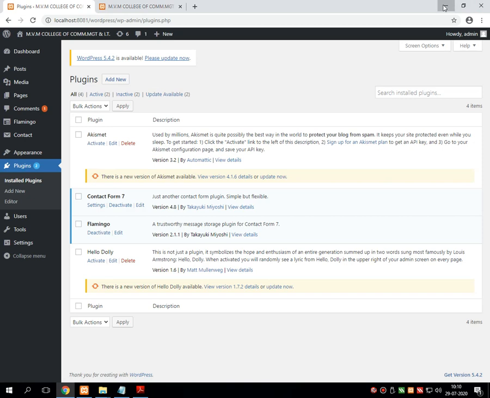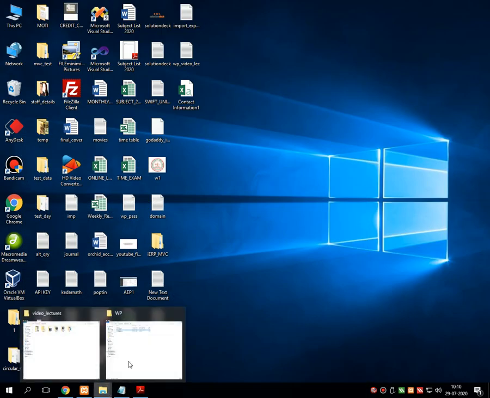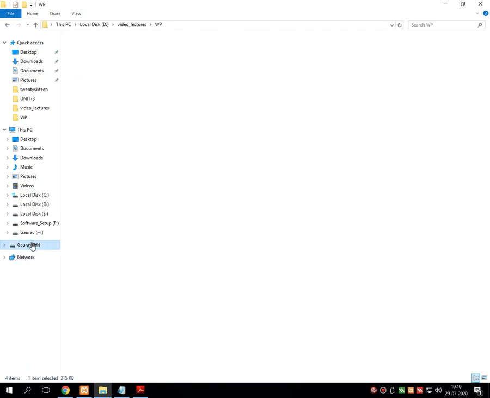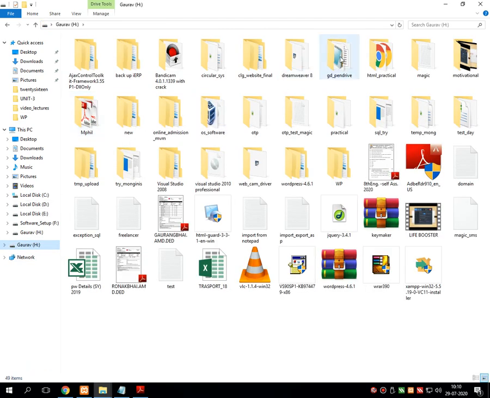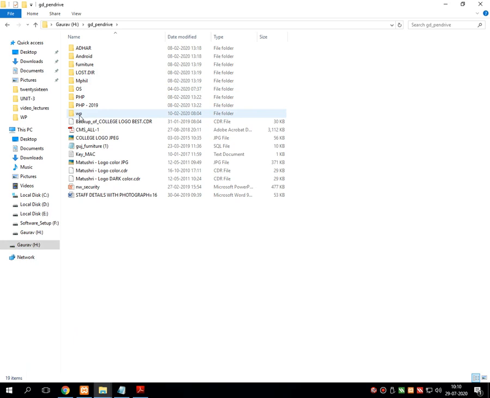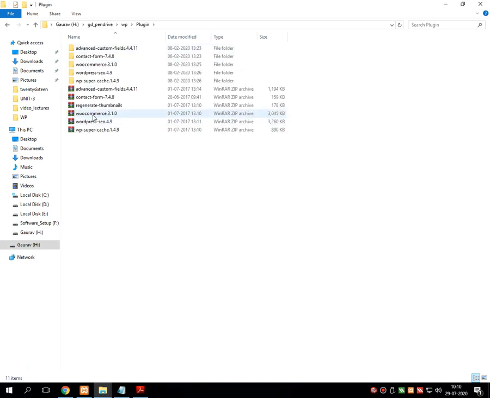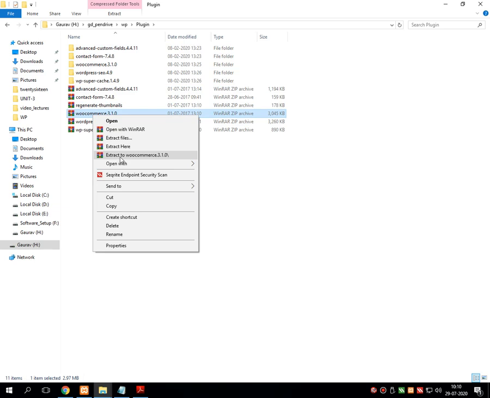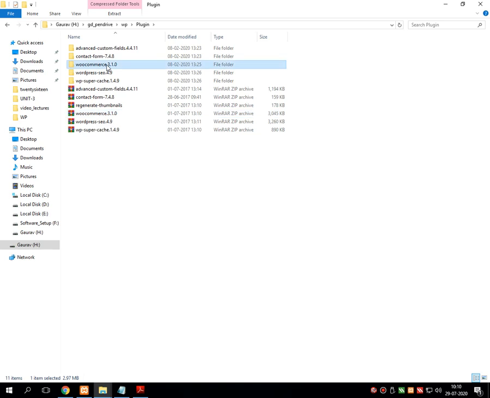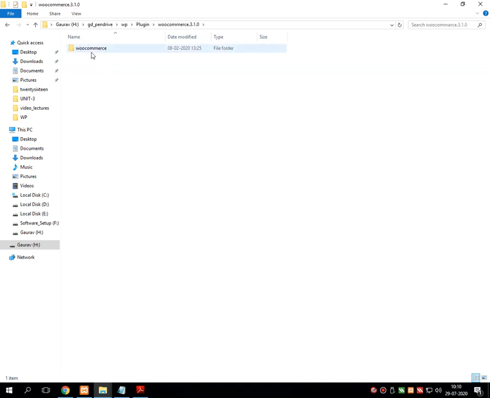Open the location where your plugin is stored. Extract that plugin using this option, extract to WooCommerce 3.0. I have extracted this plugin.